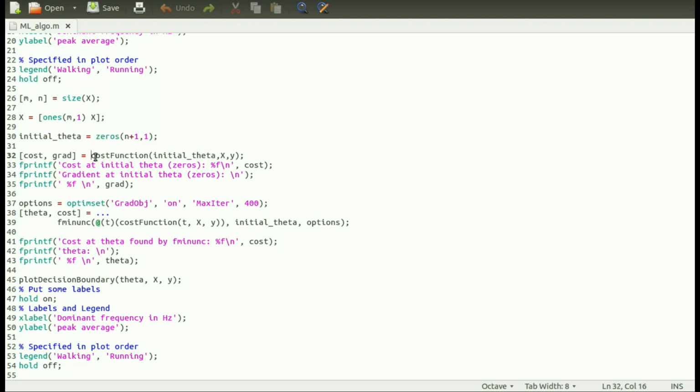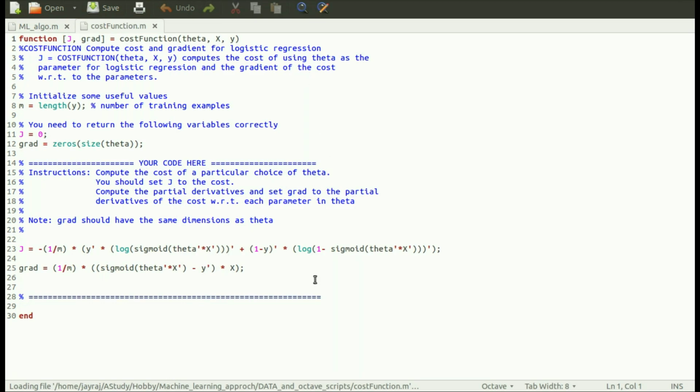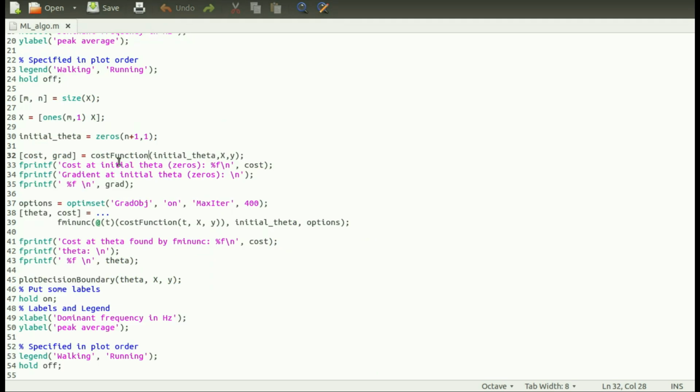The next part, we are using this cost function. This cost function is actually a file. Let me open it for you. Here is the cost function, and I have coded it up a bit. I am not going to explain this part because it is a bit complex. You just look into the logistic regression by Andrew Ng, and you will get to know about this part. What the cost function does is it calculates the error between our estimation and the data points. So it computes the cost, and cost is kind of error. That's what this function will do, and we are also printing it here.